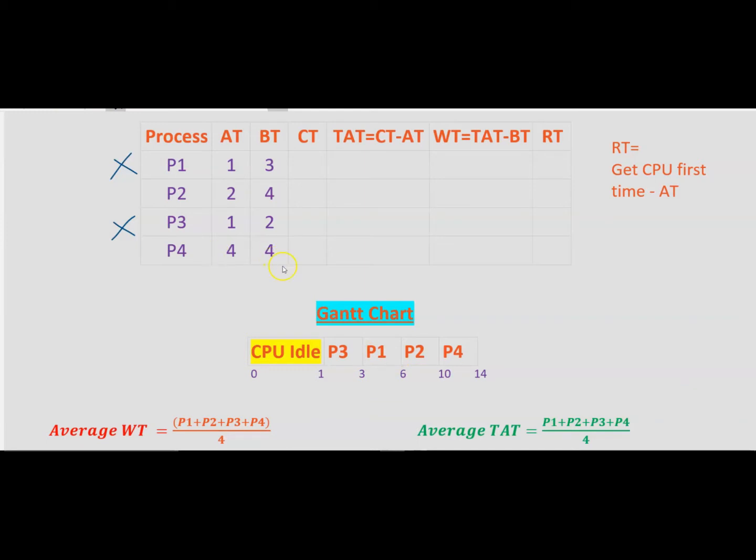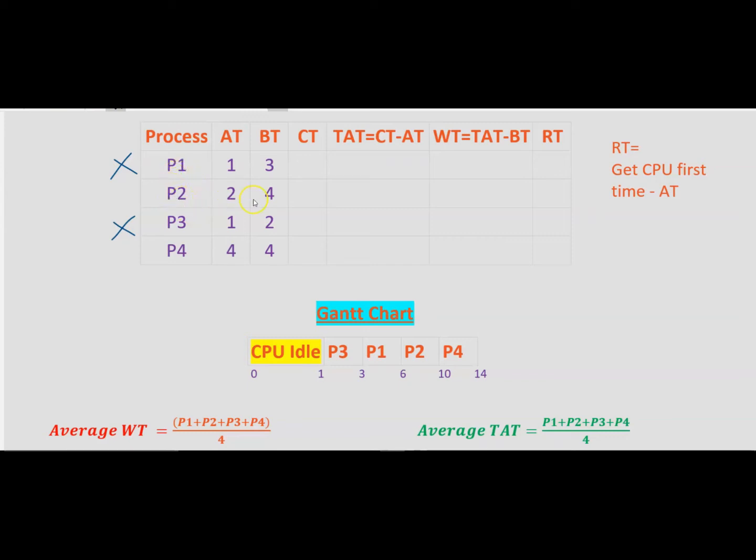Now when I'm reaching the 6 time interval, you can see that P4 also got activated, because it arrives at 4 time interval. So I have P2 and P4. Now you can see that both processes have the same burst time. As we discussed in the last point, if you face such a situation, you follow the strategy of FCFS, which means whichever process comes first in the table, we allocate the CPU to that process. So this time I'm going to allocate the CPU to the P2 process.